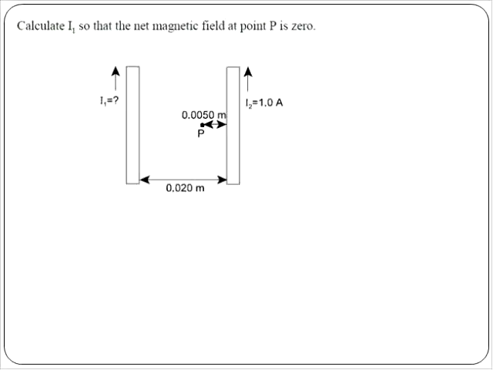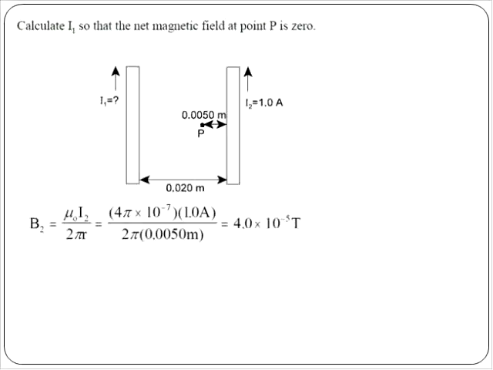So that's the first thing we do. We find field 2. There it is. There's the field strength for wire number 2 at point P. So in other words, the field strength for wire number 1 at point P has to be exactly the same, which means,